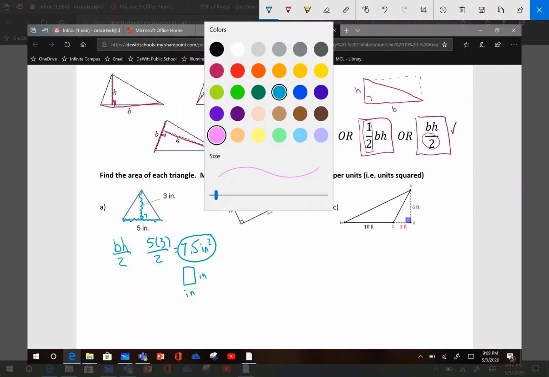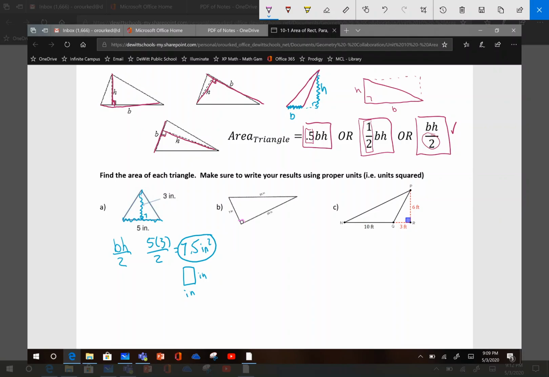So we have a 90-degree angle, and the two measures that meet at that 90-degree angle always create the base and the height. So we'll call 24 the base. We'll call 7 the height. So we have the base times the height cut in half. So we have 24 times 7, and all of that's going to be divided by 2. And let's keep practicing some mental math here for you. 7 times 20 would be 140. 7 times 4 would be 28. So this would be